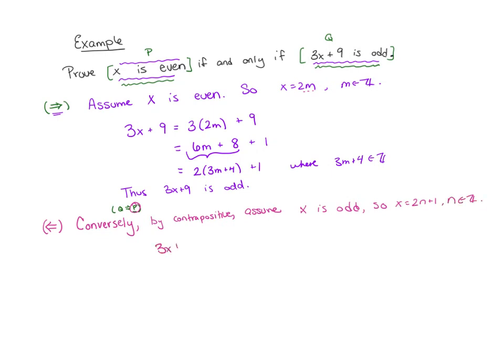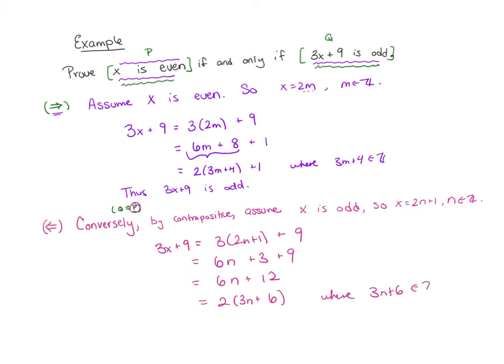Same thing, 3x plus 9 is 3 times 2n plus 1 plus 9, which is 6n plus 3 plus 9. Here I'm trying to show that this is even, so I want to be able to pull out that 2. 3n plus 6, where that 3n plus 6 is an integer. Thus, we get that 3x plus 9 is even, which is what we wanted to show,